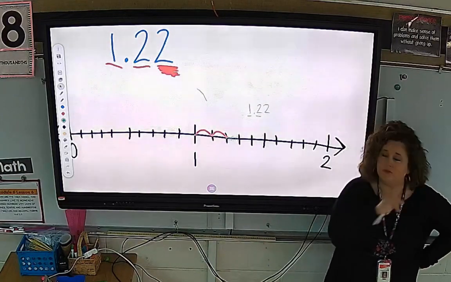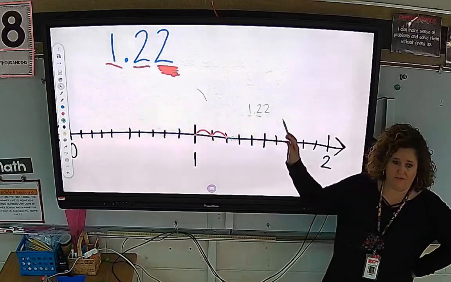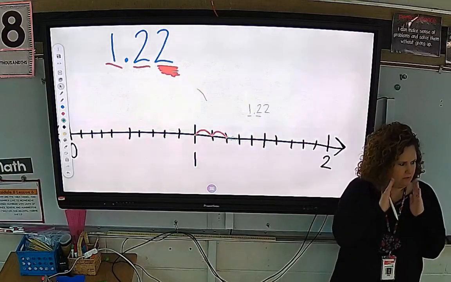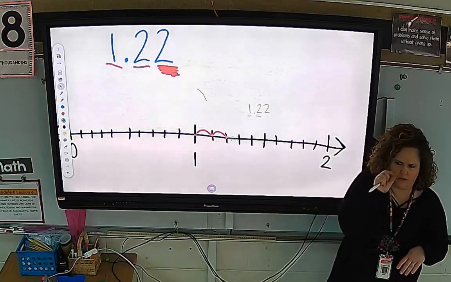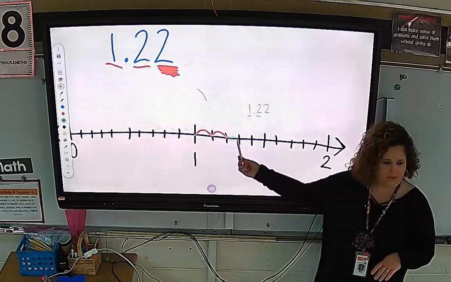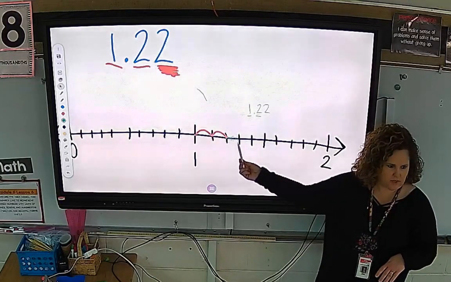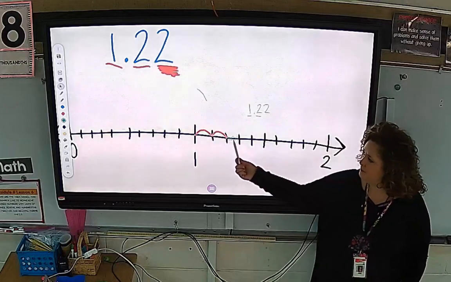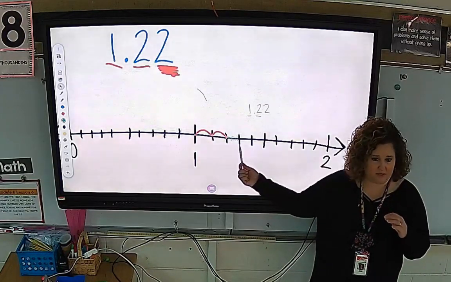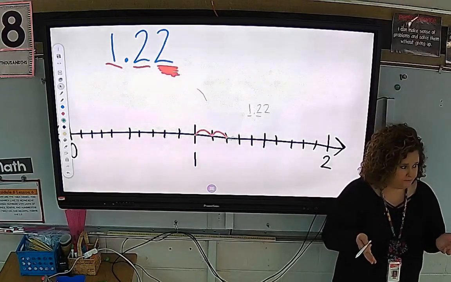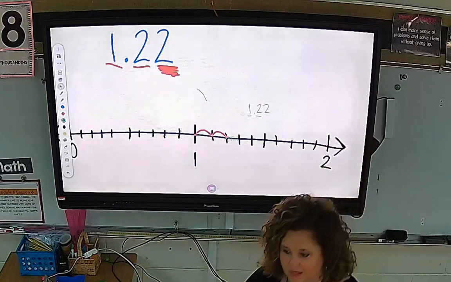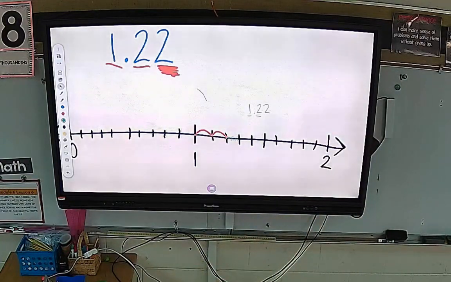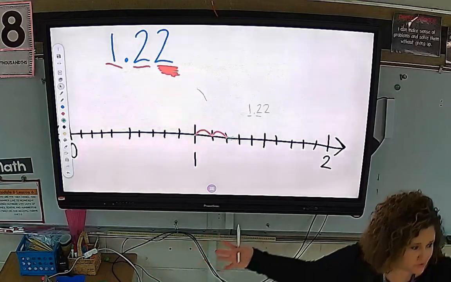If it was 1.25, I would go to the middle of those two. If it was 1.29, I would move my dot over just very close to the next tenth, just not quite touching it. Because sometimes I have to just imagine those itty bitty lines there because it's too small to draw them. We're getting into microscopic little pieces almost. They're just tiny sometimes, depending on how big your area model or number line is. When I blow it up real big, it's much easier to see.